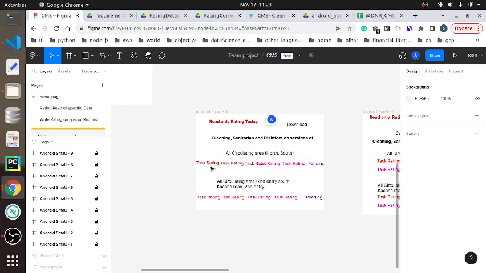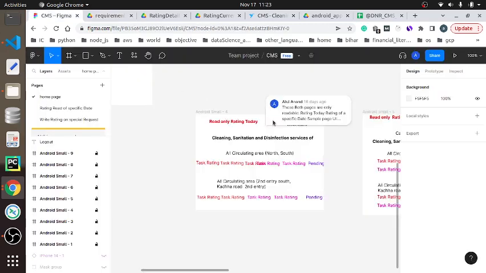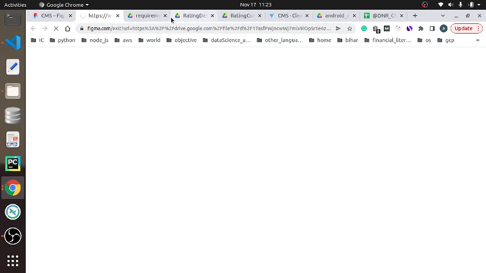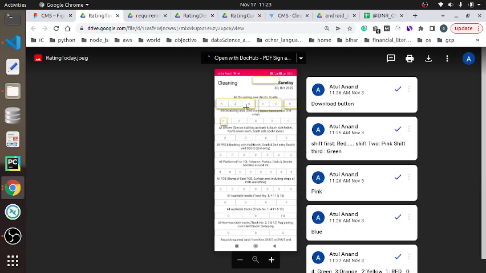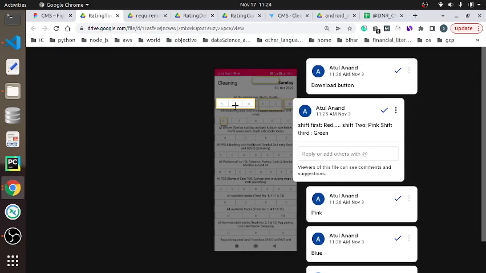If data is already present, if the rating was given, this will give the hyperlink of 4, 3, something like that. If you can see it here, this page will look like this. The date will be given here, and there will be a download button. Here it will be red. For the first shift, the color of the box will be red, pink and green, and the text,